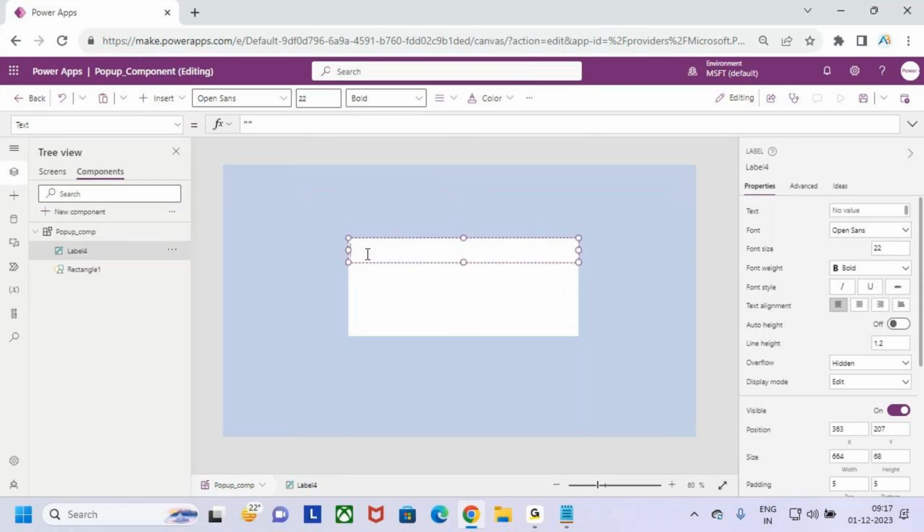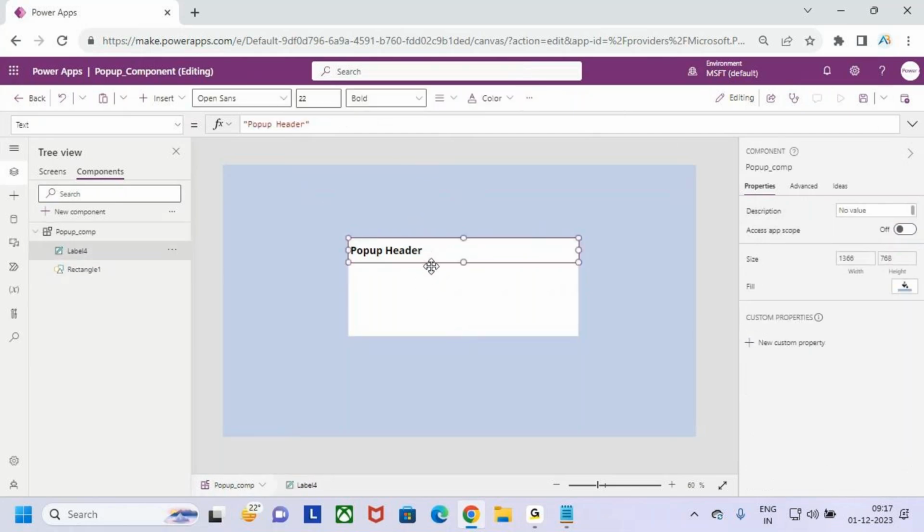I'm keeping some text here, guys. Pop-up header. This is the header for the pop-up. Let me increase the size somewhat. I think it is enough. Now let me go and